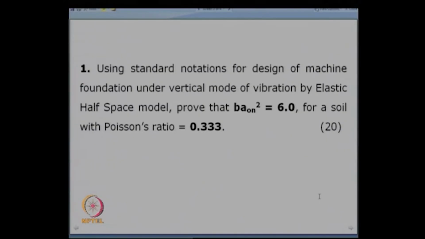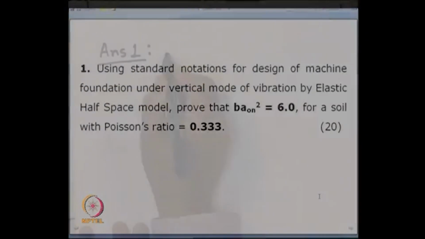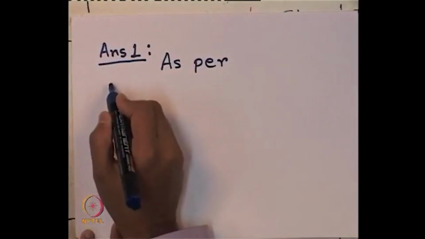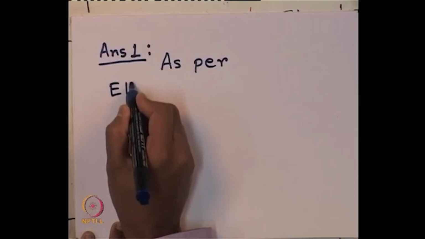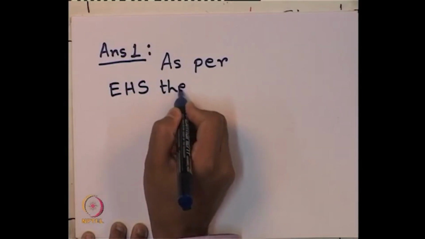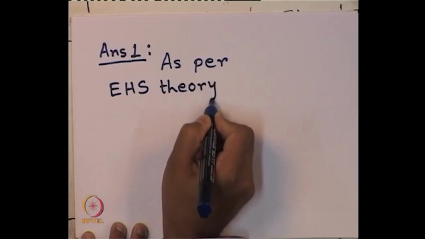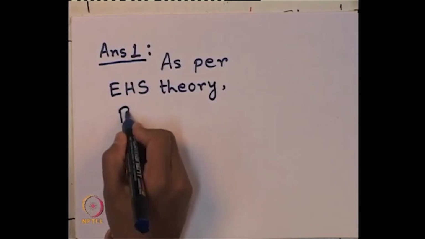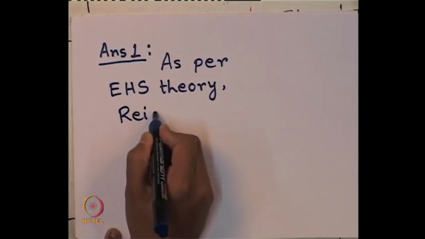It says standard notations of B and A naught n need to be used. So, using the elastic half space model, as we know, as per elastic half space theory or elastic half space model, as given by Reissner